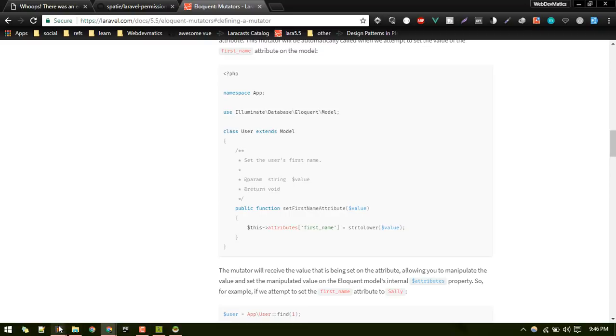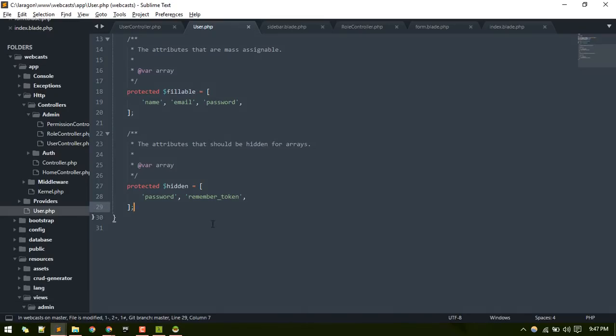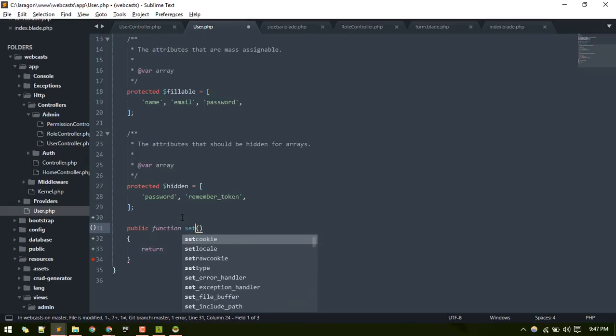Okay, so let's go to the user model, and here the name should be exact. So the name of the function should match set password attribute,